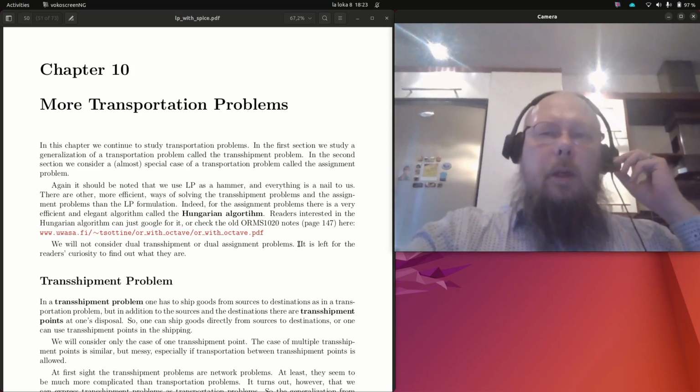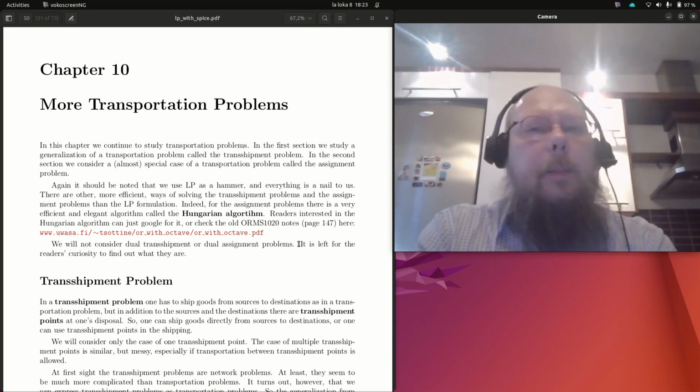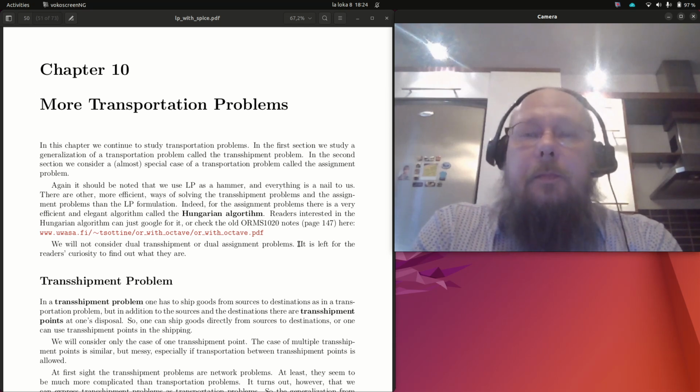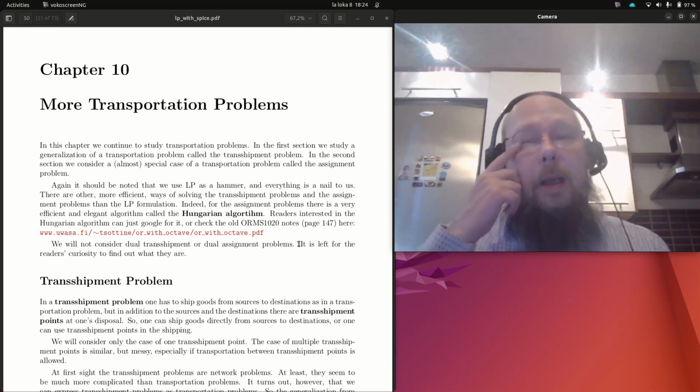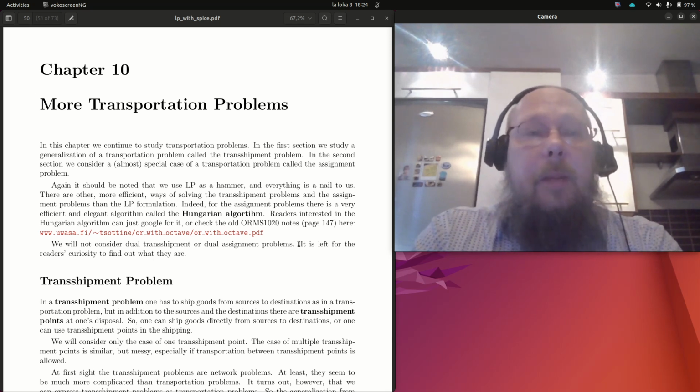Hello all and welcome to this Operations Research course, lecture 10 or chapter 10, more transportation problems. In the previous chapter we saw the transportation problem and its dual, and we even built a transsolver code that will solve the transportation problem. In this chapter we are looking at an extension of the transportation problem called the transshipment problem,